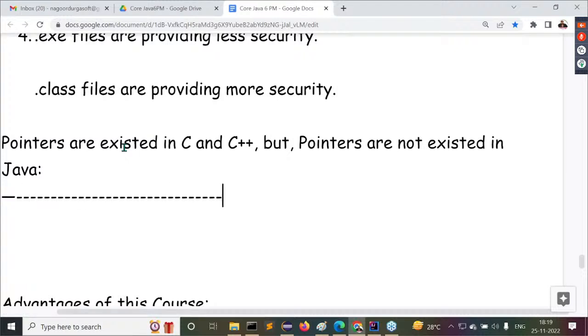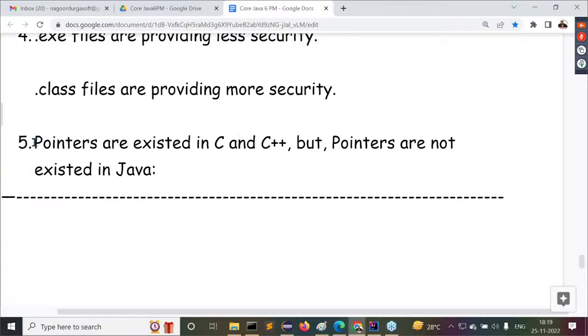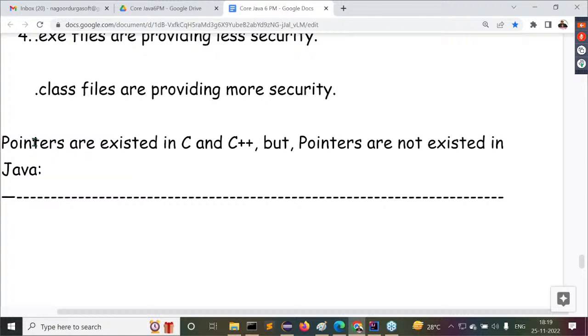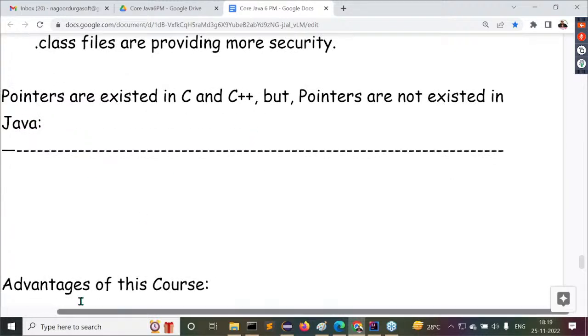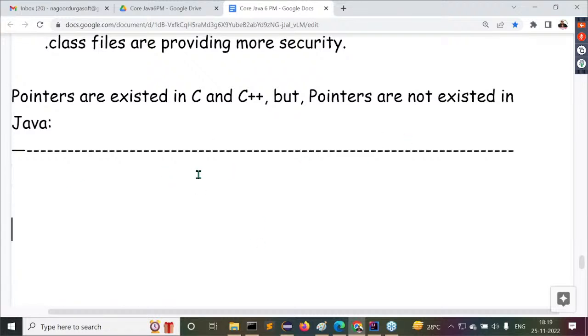Understand this clearly. This is the fifth point. Okay, no problem here. Pointers exist in C and C++, but pointers do not exist in Java. Right, sir.